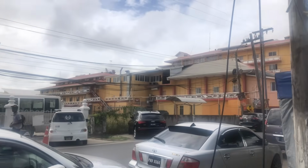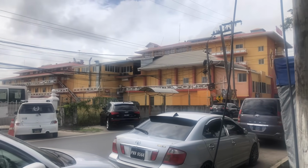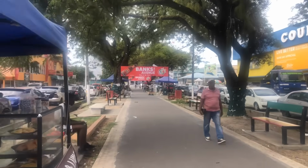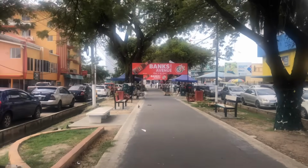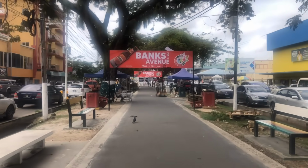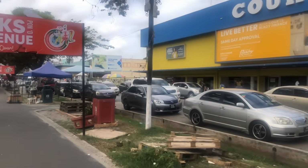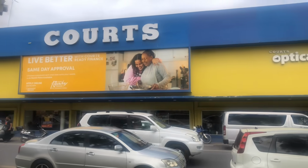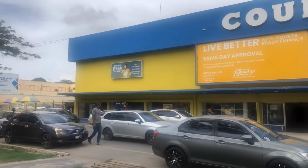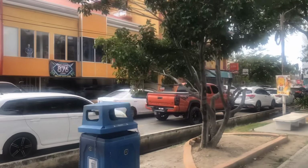At one point the rivalry was between Hotel Tower and the Pegasus Hotel. Those are the two main hotels in Georgetown. There are a few other smaller hotels, Belvedere Hotel, and we're talking 50 years ago, 50 to 40 years ago. Hotel Tower and the Pegasus were the only two hotels, or the two main hotels in Georgetown, and that's what Hotel Tower looks like